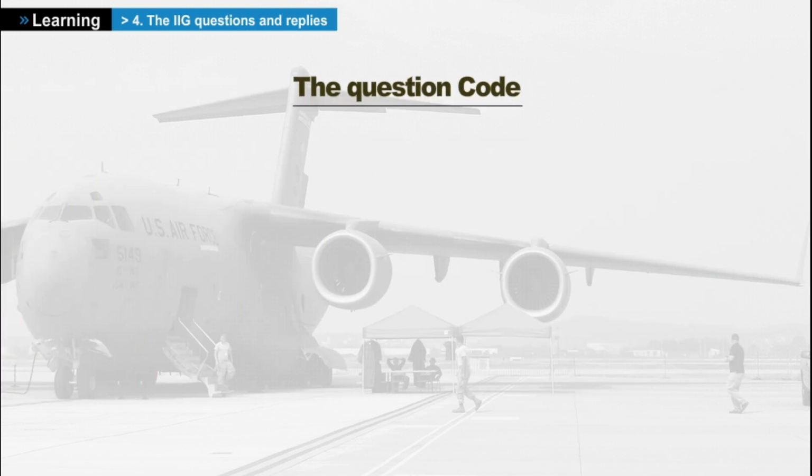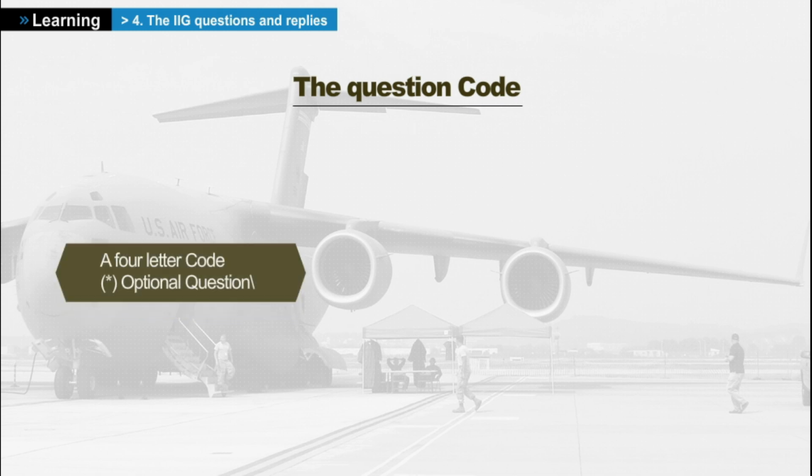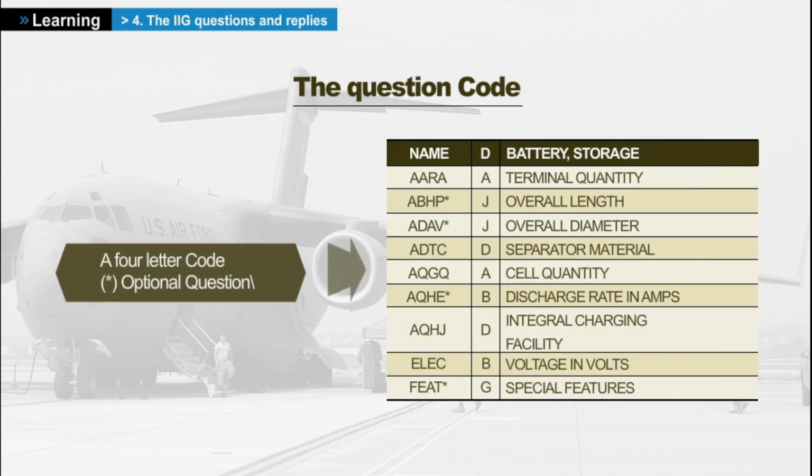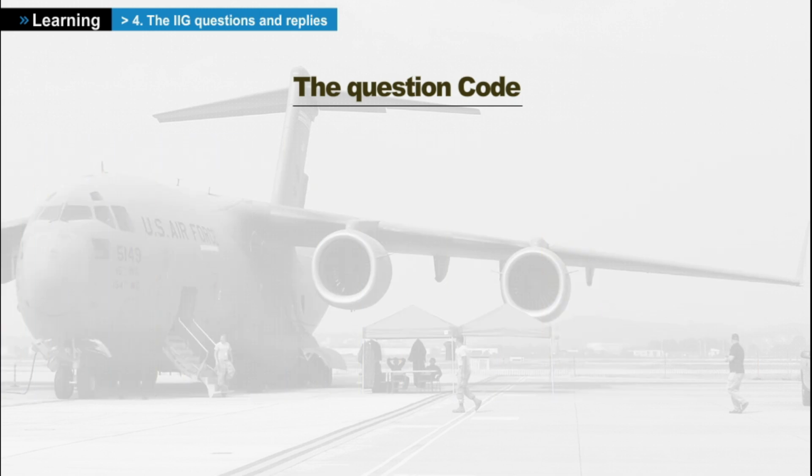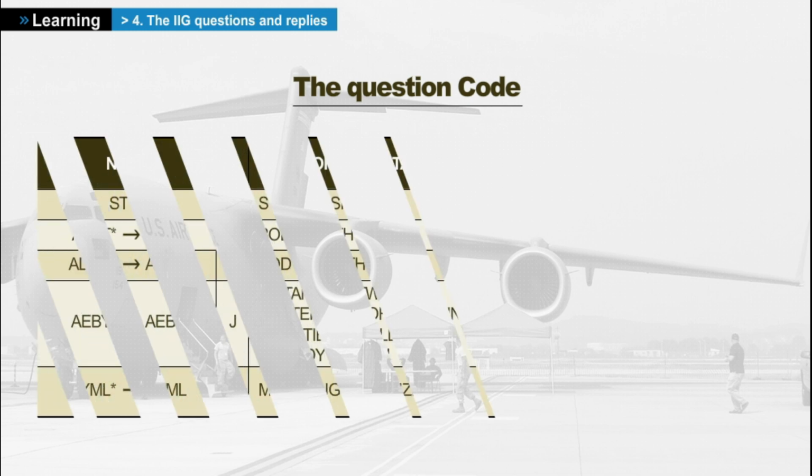Each requirement is identified by a 4-letter code called Master Requirement Code. An asterisk put after a Master Requirement Code indicates that the reply is optional. Consequently, requirements without asterisks are mandatory. Some optional requirements can become mandatory when they depend on the main requirement or a reference drawing. Example: